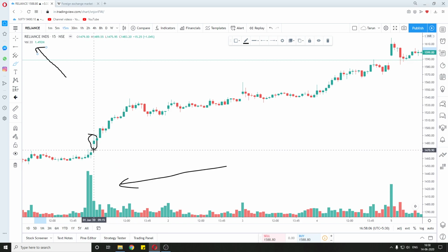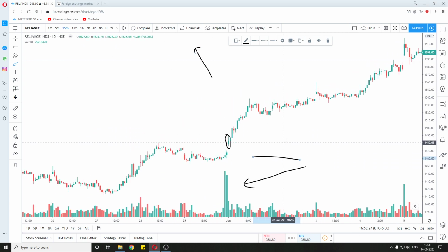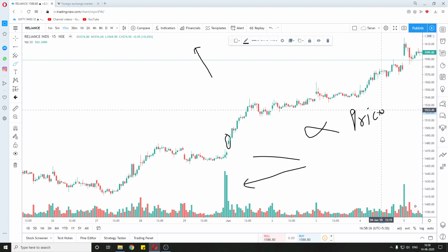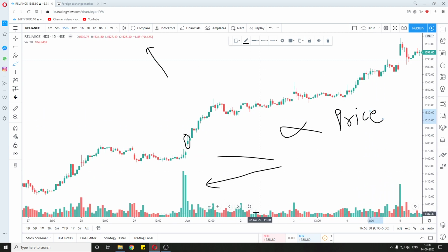So if we go to the 1st June candle, which is formed between 9:15 a.m. to 9:30 a.m., the volume is telling us that 1.492 million shares were traded. That is 14 lakh and 92,000 shares were traded in this particular time. So this is what the normal volume tells us. But the normal volume doesn't tell us anything about the price. It has no information related to the price because it is plotted on the x-axis.